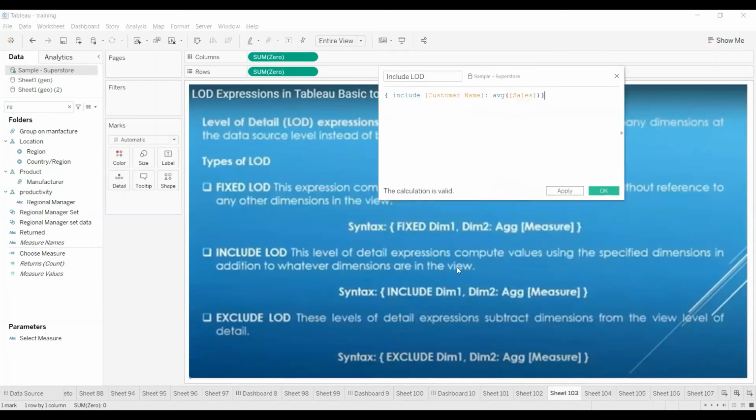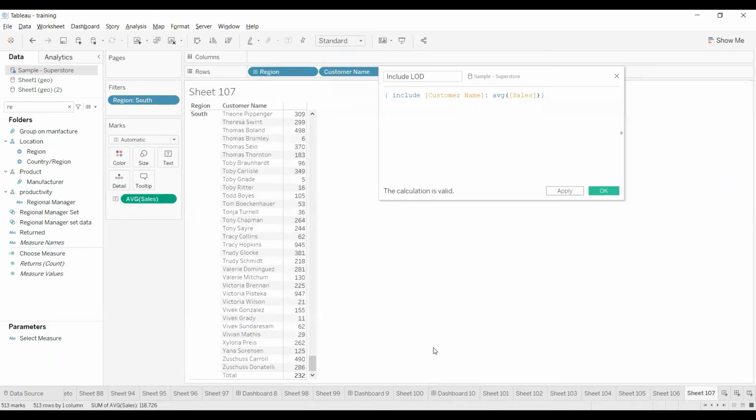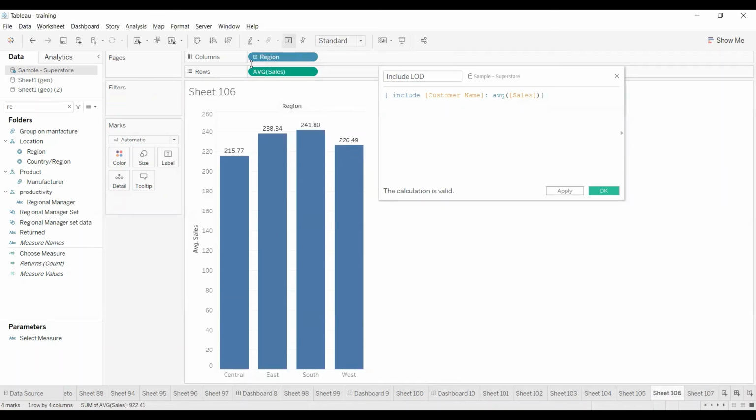So what my official definition is showing here: the level of detail expression computes values using the specific dimensions, in addition to whatever dimensions are in the view. That means there is a region in the view, but along with the region it is also taking customer name wise, because customer name is not available in the view, but we are calculating at customer name level.